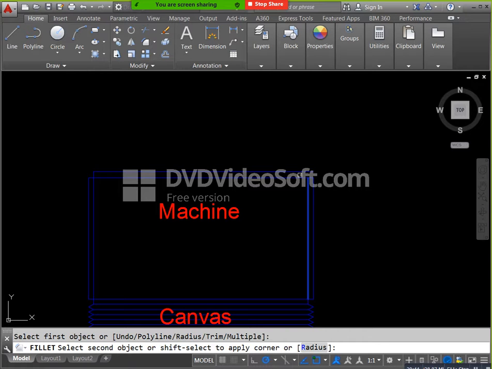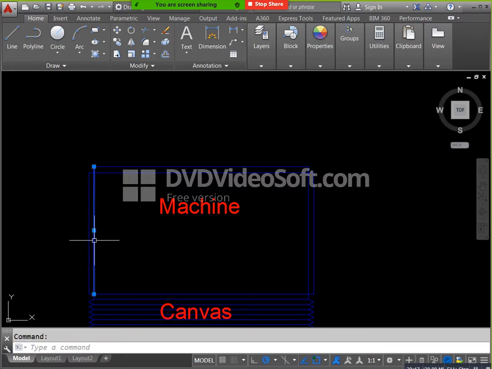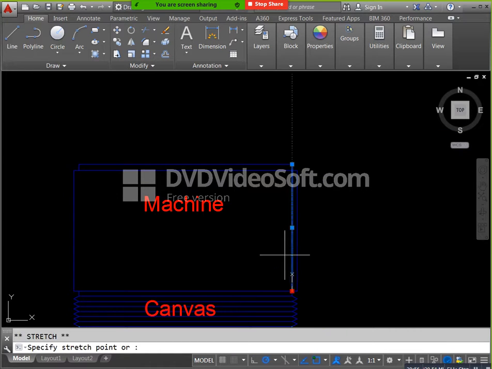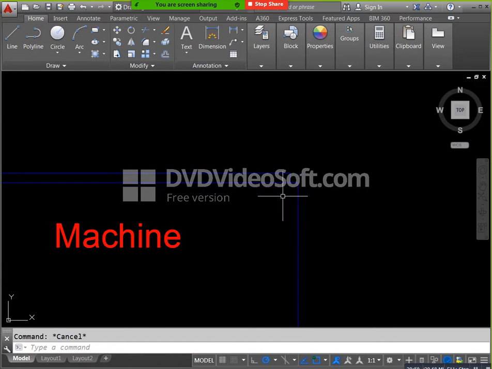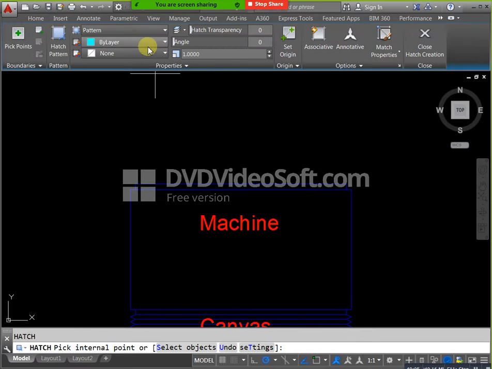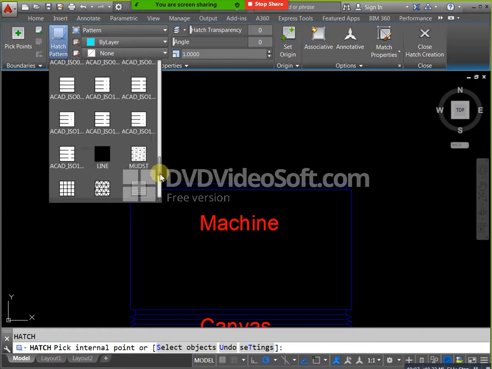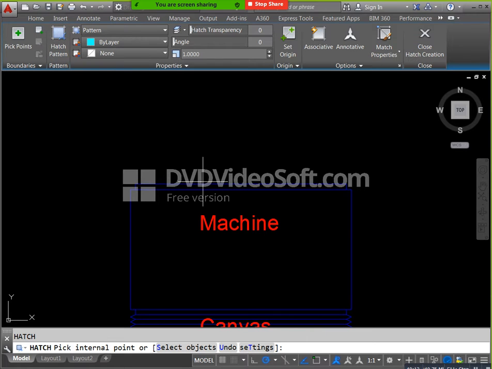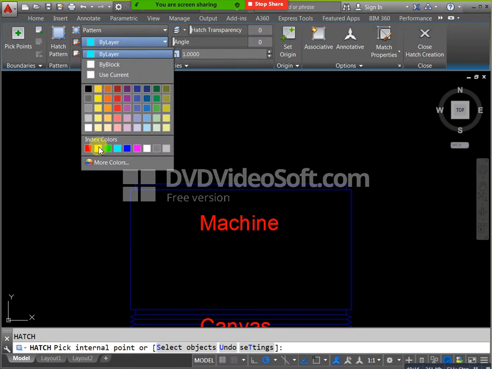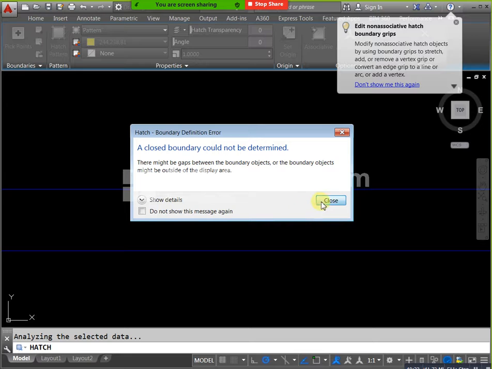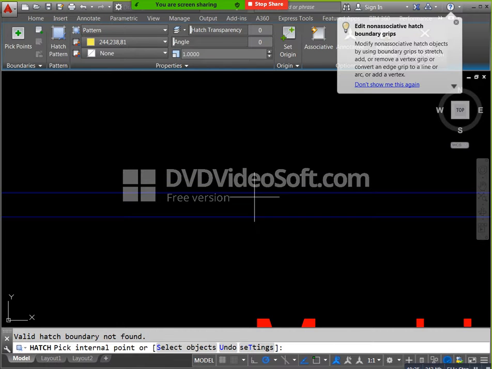Now you can mention H, enter. You will take your filter hatch. For example, I am taking cross hatch. Where is cross? Okay, now you can apply yellow color. Okay, this type of hatching is not applicable now. What you do is take one REC exactly from this point to here, but you can convert this into the mission layer. Go here to layers and you can select it as mission.